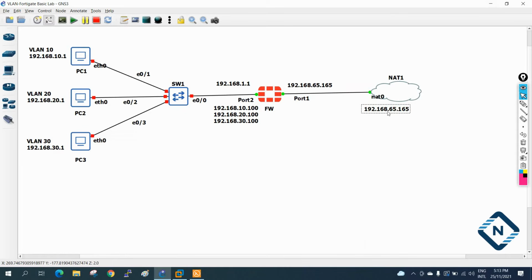The WAN interface will have the IP, and the last digit will be 2. By default, whatever you get, 65 or 2, the last digit will be 2 in the gateway if you look at the NAT cloud. So this is our gateway, meaning this is the ISP IP, imagine it like that. Now this is my IP. If I put this in my browser, I can access the FortiGate firewall.